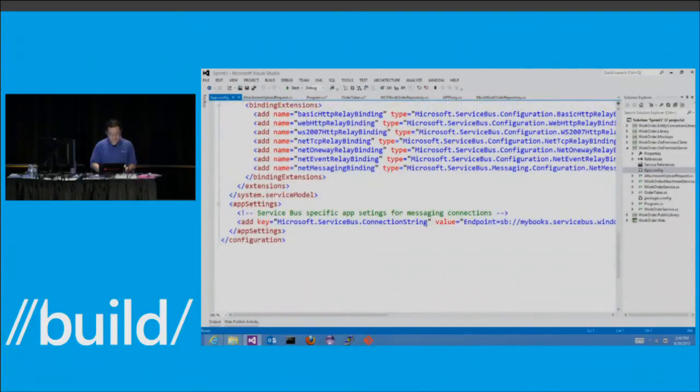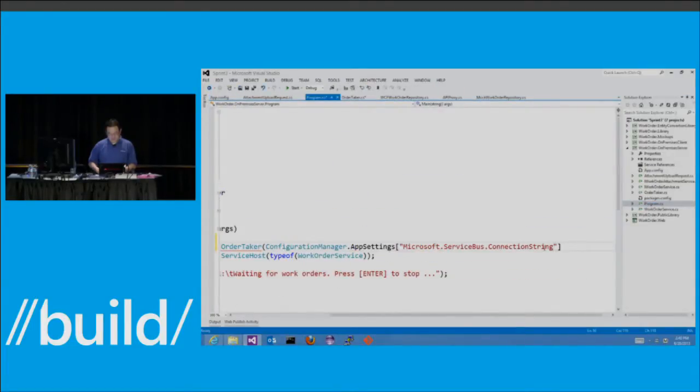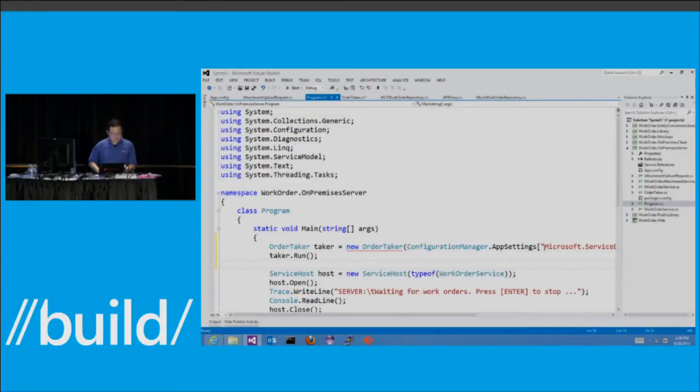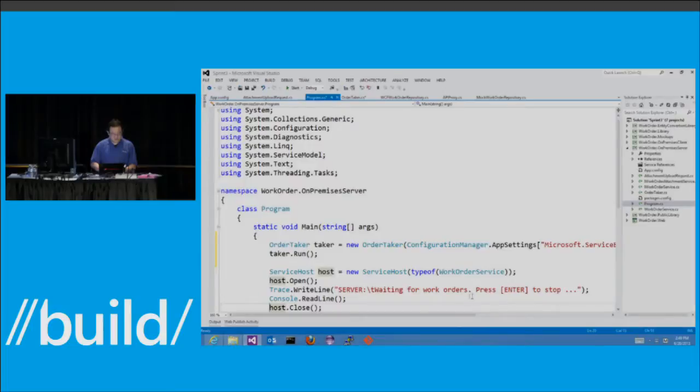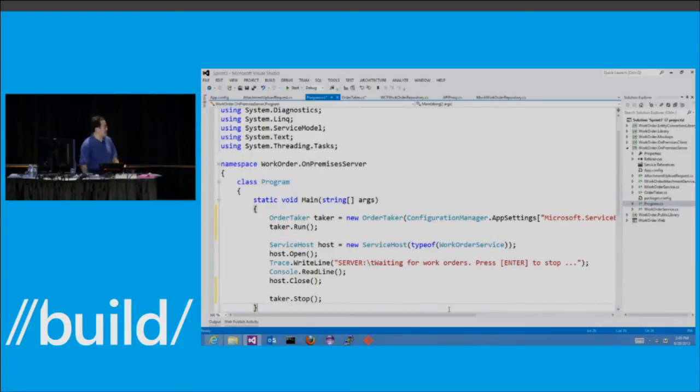I need to copy this. Apologies, I should have pasted this in. So I get my connection string and my queue name, which I believe is order queue. And my taker will start to take orders. Once my host closes, I will close my taker as well. So that's fairly easy. Basically, I'm just starting a new listener to my job queue and listening for the jobs.